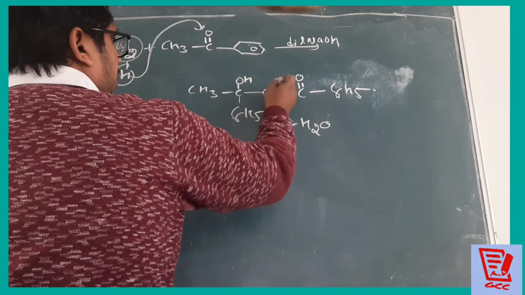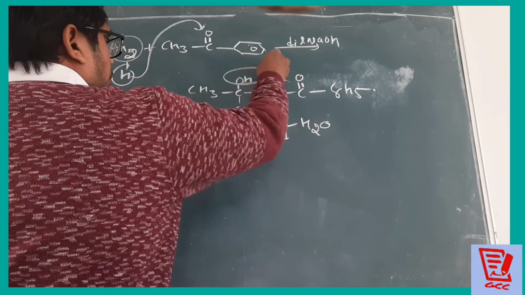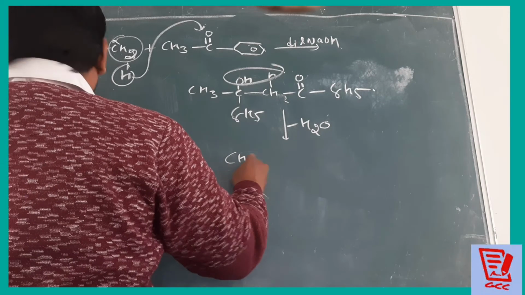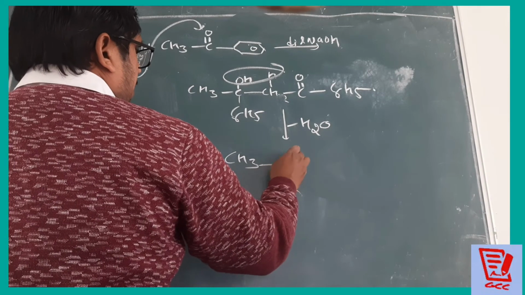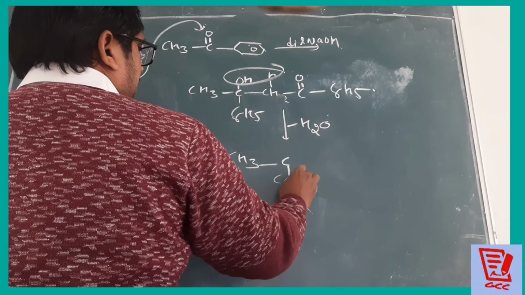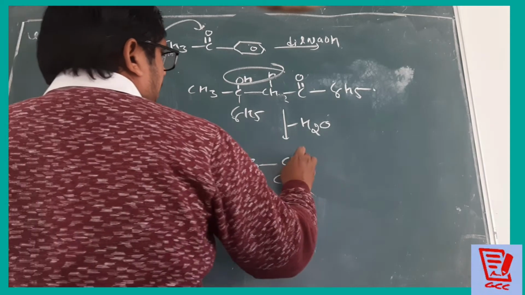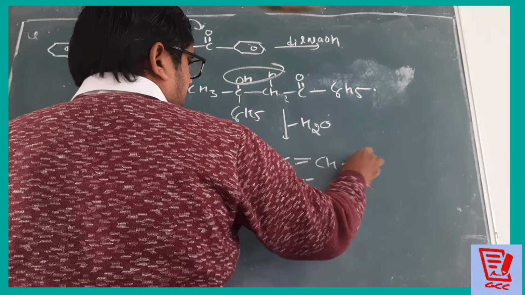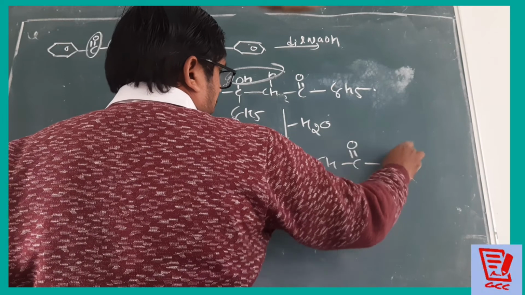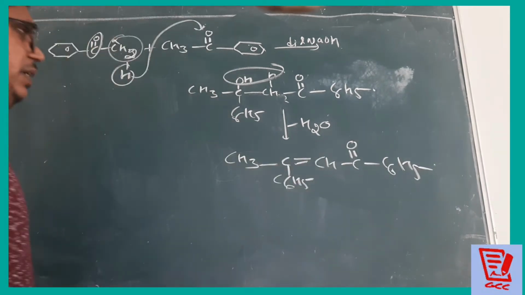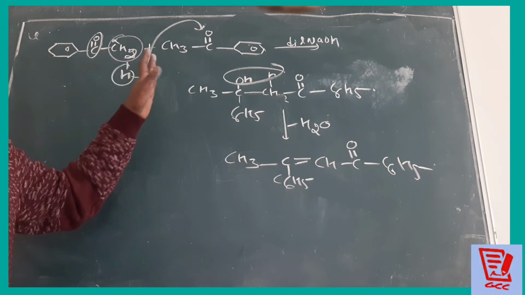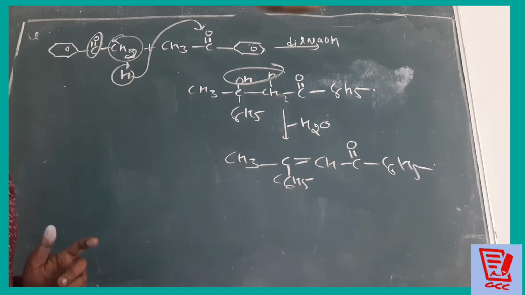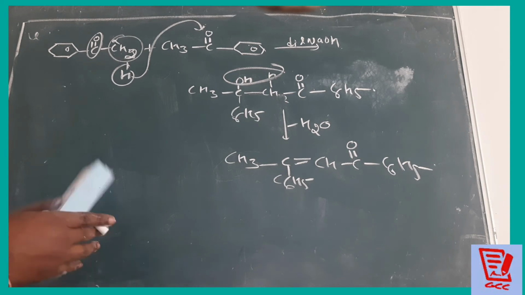And when we are removing the water molecule, what is going to come over there? CH3, then C6H5, double bond CH, CO, C6H5. Is that clear? So this one only we are getting as the final product in the aldol condensation. Students, after doing the aldol condensation,